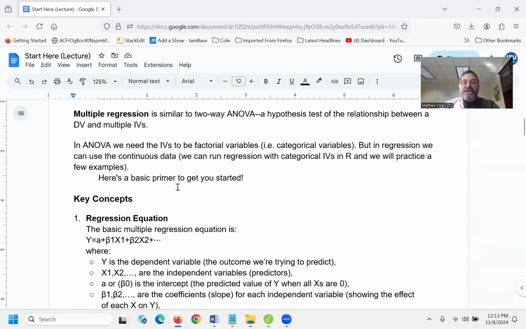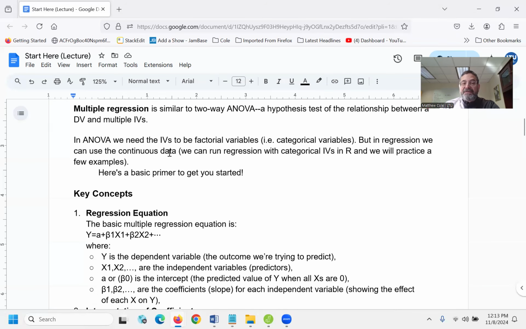But in regression, we can use continuous data. Just like we learned in the last lecture, the predictor can be all of the data. It doesn't have to be